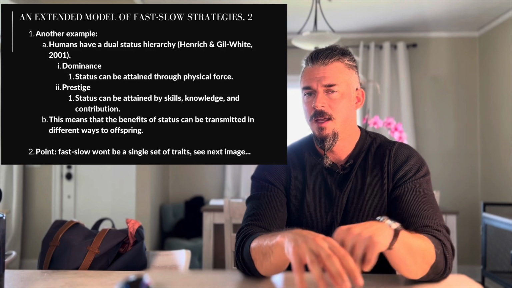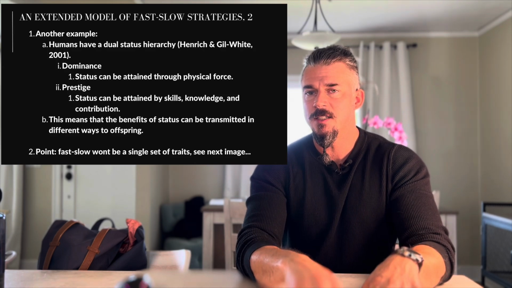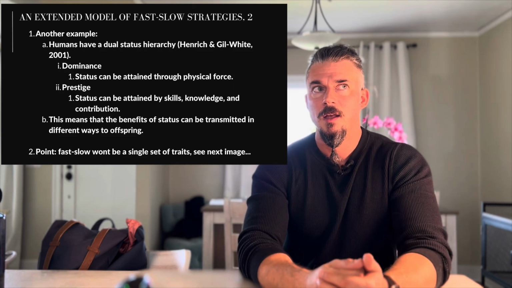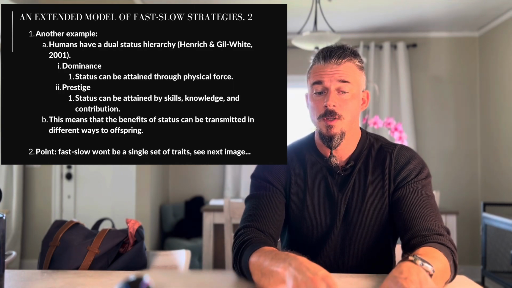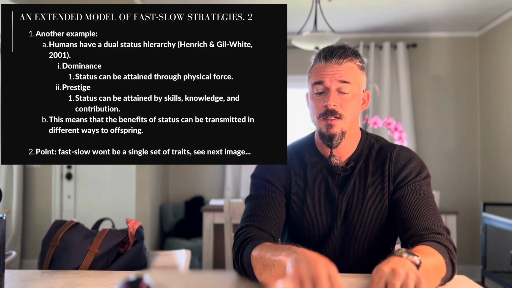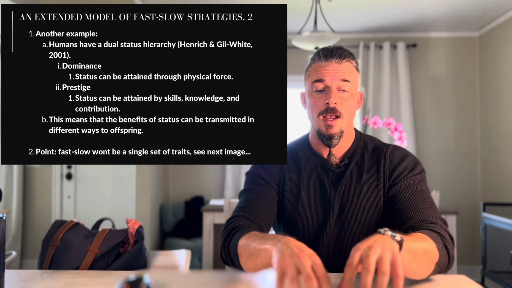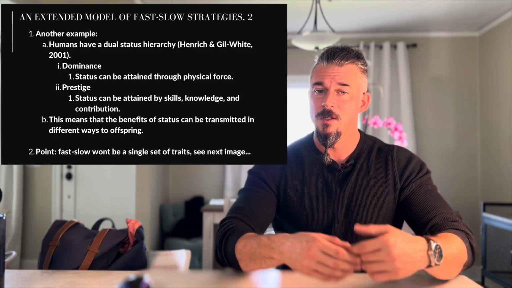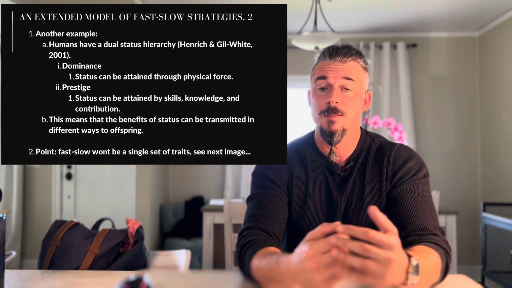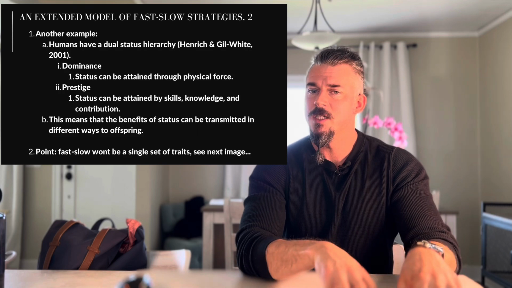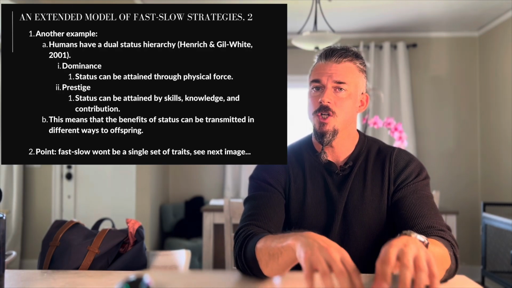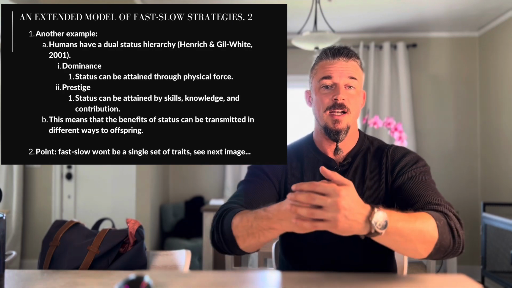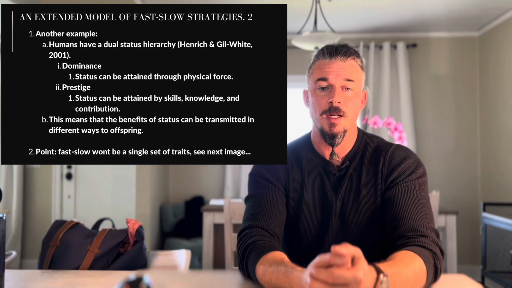Prestige, on the other hand, is when an individual is granted status kind of voluntarily by all of the other people. He's elected, that kind of thing. Typically of these two, what do we see helps people maintain status in primates like chimpanzees and in hunter-gatherer groups? Typically prestige seems to be much more stable and also kind of better in some sense. But prestige, what does it mean? Status is attained by skills, knowledge, contribution to the group, right? You are high status because everyone thinks you're high status. You're not just high status because they're afraid of getting beat up by you.